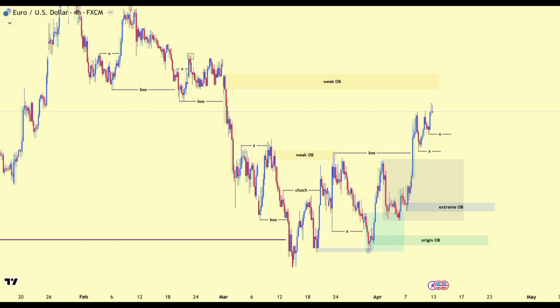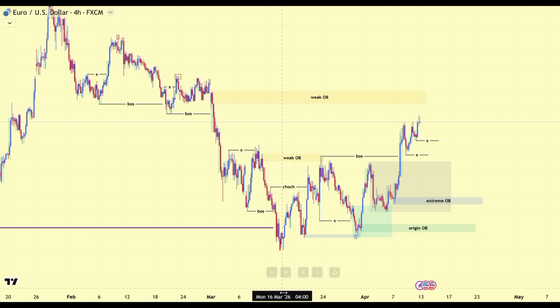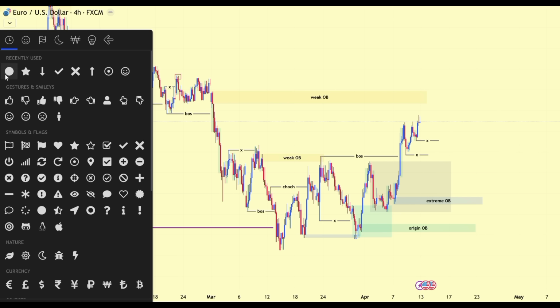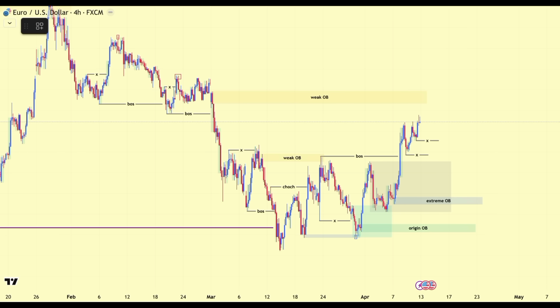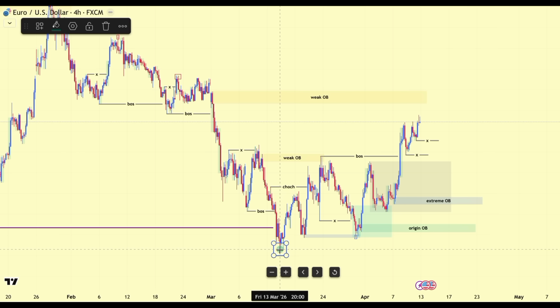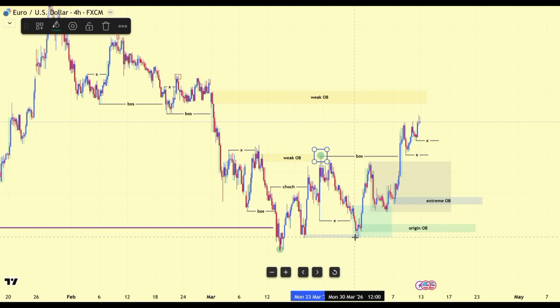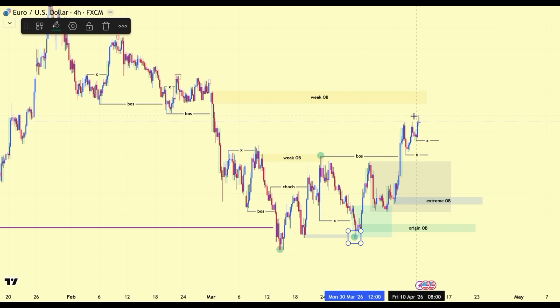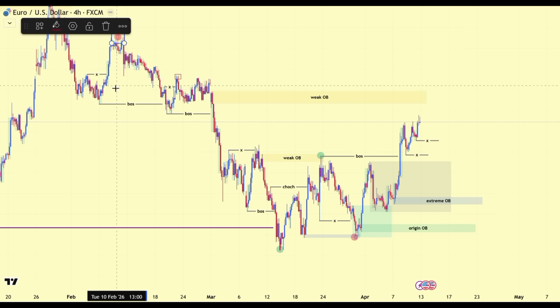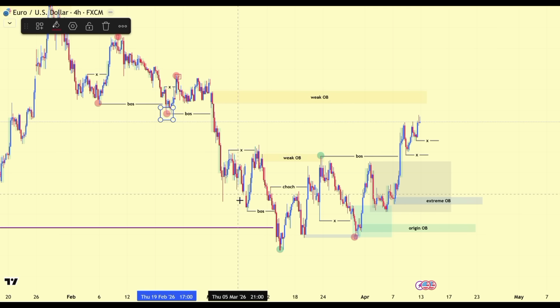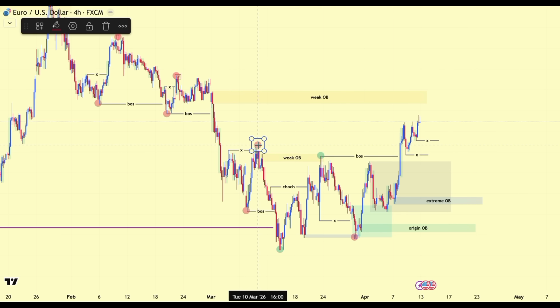So if I am to mark the swing points here, we can clearly see this. So this is our low, this one is of course our higher high, this is our higher low, and of course our higher high will be somewhere there. But before that, we can clearly see that we are bearish. We can clearly see price was making lower highs and lower lows. Lower high, lower low. Yeah, we can clearly see all of this until here price interacted with this